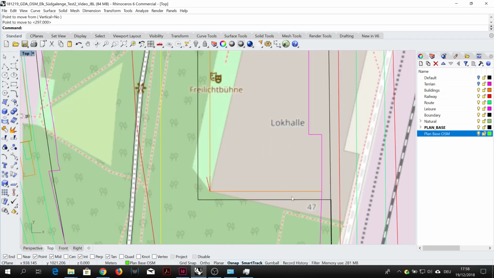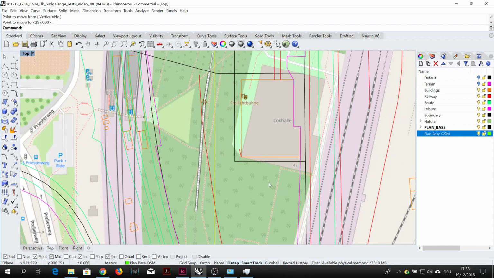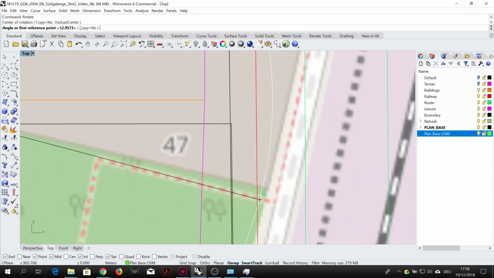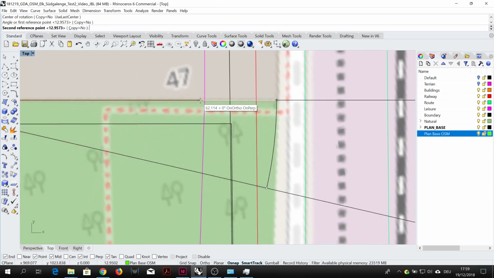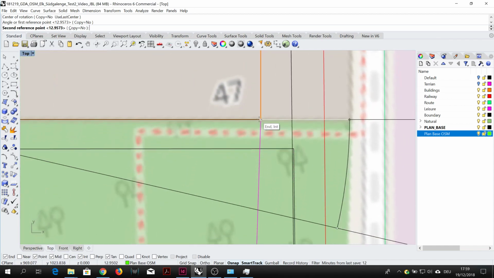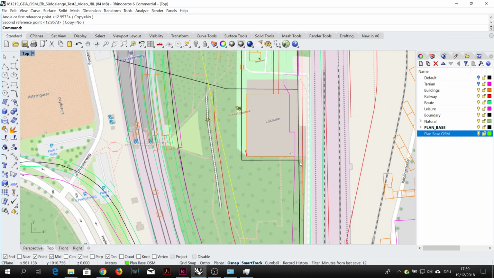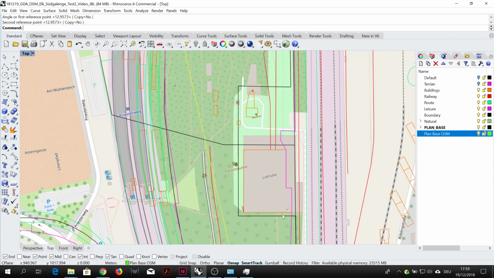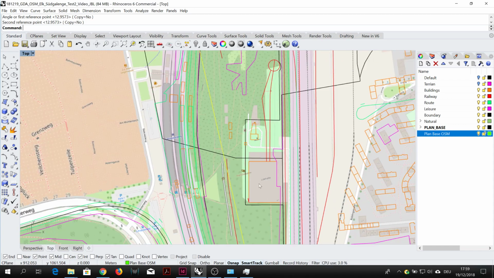And now we're going to rotate the image. So we're going to use the rotate command. Select the center of rotation, which again will be this point. The second point of rotation, which is going to be this end point of the building. And a third, which, if you've got your snapping tool on, to intersect will be where the building intersects at that specific location. So now we've aligned the base plan and the DWG lines, but we haven't got it exactly